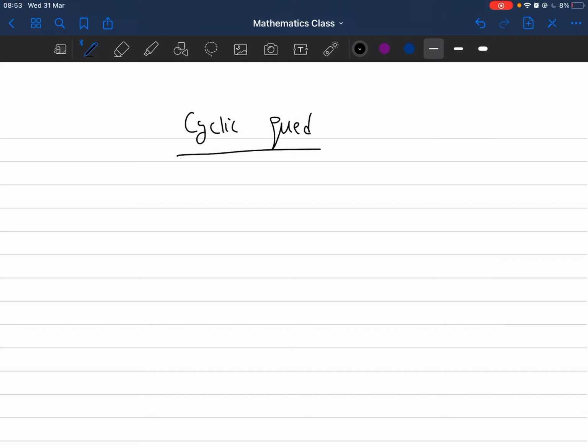Hi, still on cyclic quad, Euclidean geometry. This is very important. Cyclic quad is very important. It plays a huge part of Euclidean geometry, a huge part, right? We said when you're defining